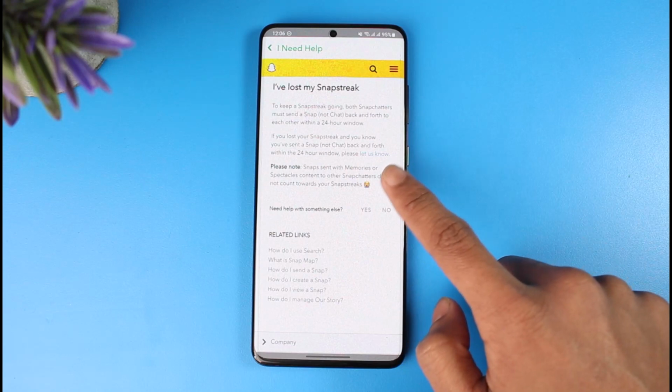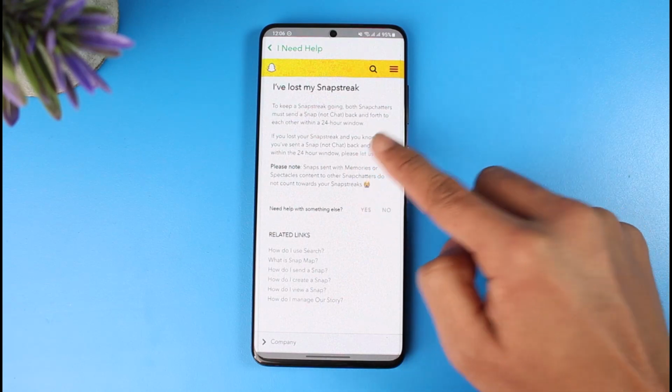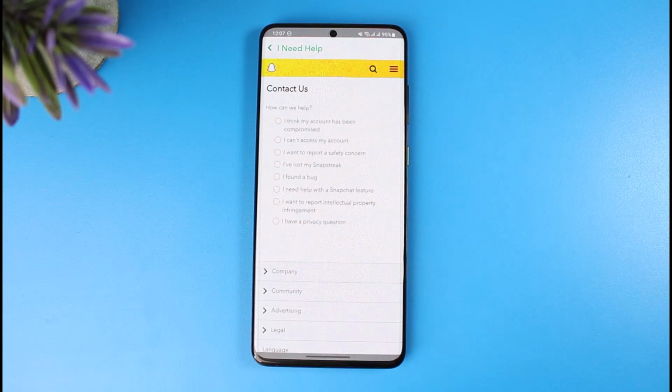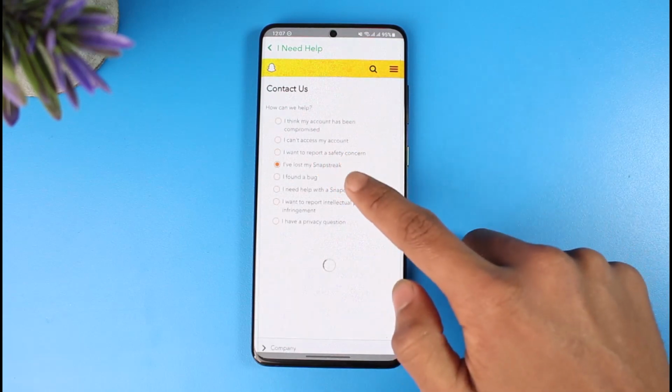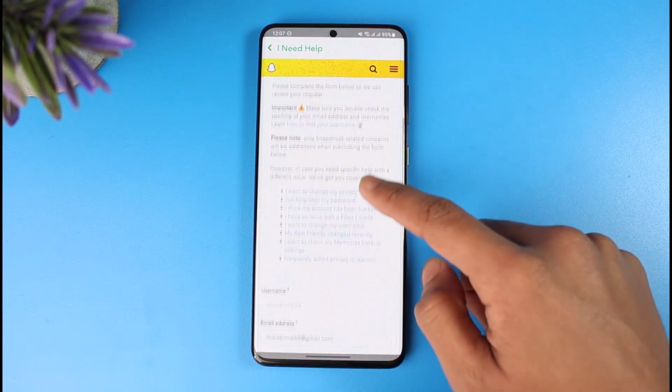If you lost a Snapstreak, just please let us know. So you have to tap on the little blue button that says please let us know. Once you tap on the blue button, over here you have to choose the option called I've lost my Snapstreak. Once you choose it, at the bottom you'll be able to see a list of various options,